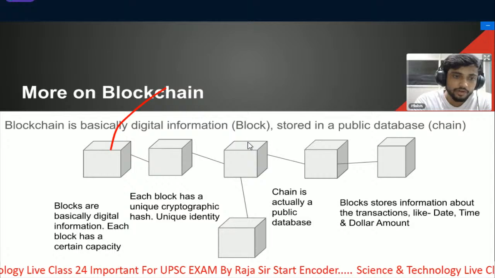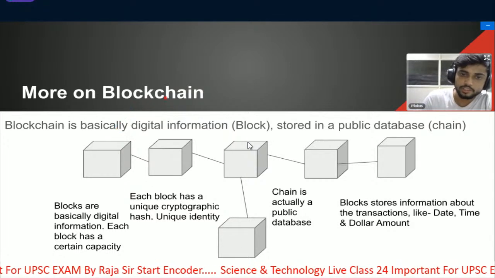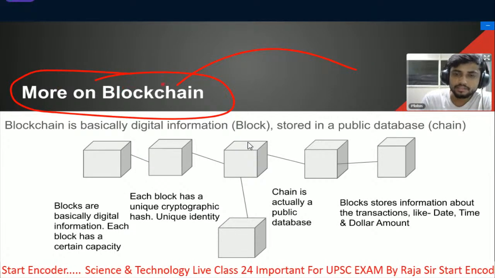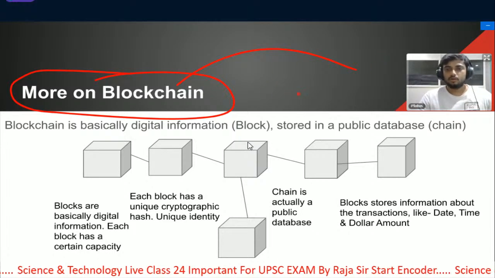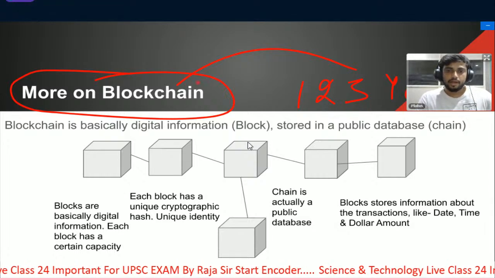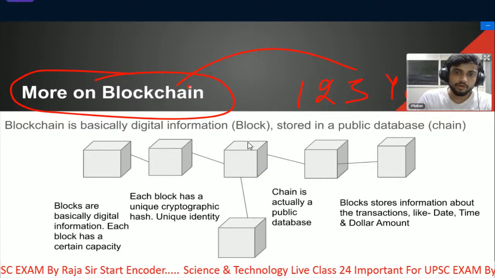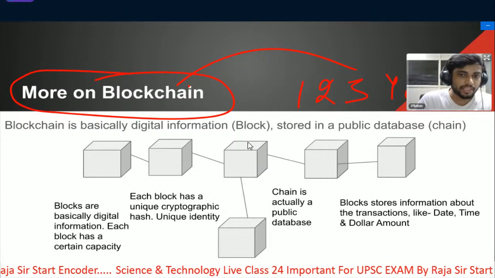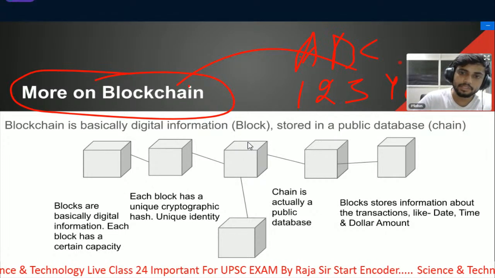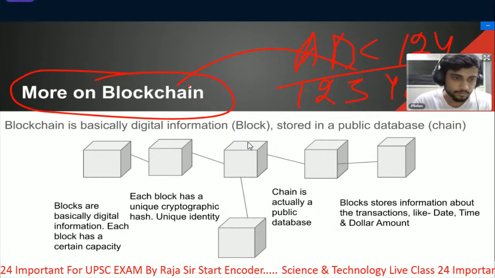Yes, Disha. For every modification, the hash changes. Suppose here we have written "more" on the blockchain. We are using a cryptographic technique to change it, and there is a unique code for "more" on the blockchain. Suppose we have the code 1, 2, 3, 4, 5, 6, and you take away the dot over the i. This is a minor manipulation of the data, and even in that case, the code will change drastically. It will become ABC 1, 2, 4. This thing is known as the avalanche effect.